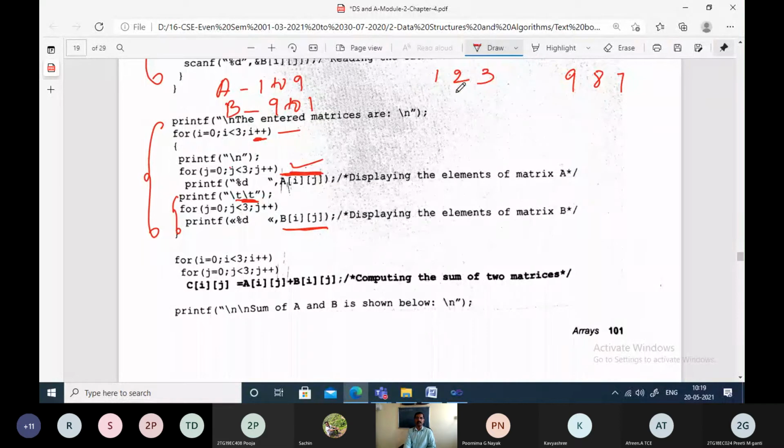Right? Now, after 1, 2, 3, what are the elements in matrix A? Second row element 4, 5, 6. And here, what were the elements? 9, 8, 7. After that, what will come? Yes, 6, 5, 4. Then again, outer for loop will be incremented. I becomes 2. So this is just the normal repetition of whatever we have discussed just now. So don't think that something is being skipped here. This is same part which is being explained. Because wherever it is essential, I will take more time for the explanation.